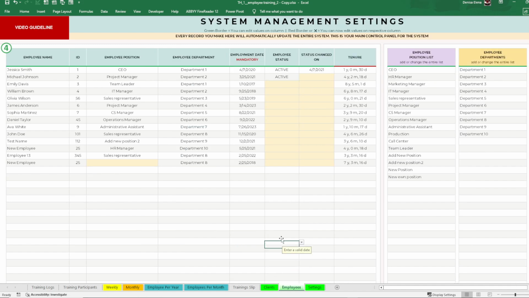So everything you have to do is come into the employees tab and add any new employee, like me, as a new employee example. Once you record the new employee name, the system highlights all the cells you have to record in the tracker for that employee. So you have the employee ID, the employee position, the employee department,